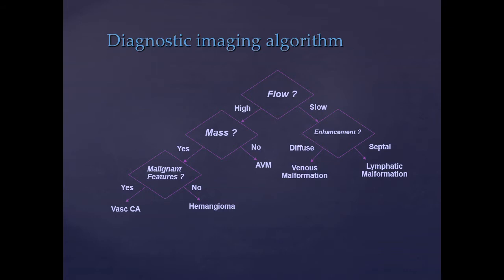And then, as I mentioned, there really shouldn't be a mass with these lesions, although you do see fat hypertrophy or soft tissue hypertrophy in a number of them, and so that can be a little confusing. But the way to distinguish is, is the mass the prominent feature? Because that's going to tell you if you're looking at a hemangioma, which has high flow but a clear mass involved, and an AVM where you really don't